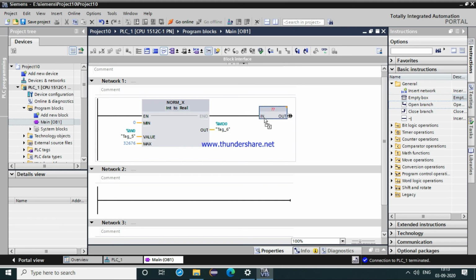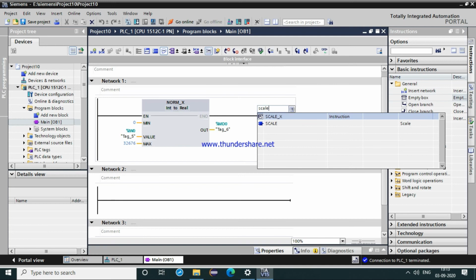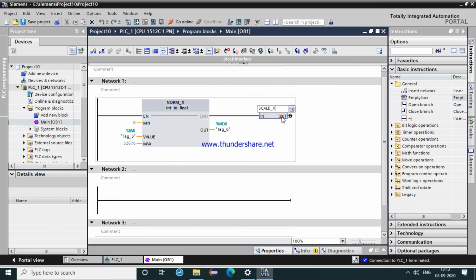Again, one more empty box. Convert this memory to our output. SCALE_X will be the function. The value here we will give is the output of NORM_X, that is our MD0.